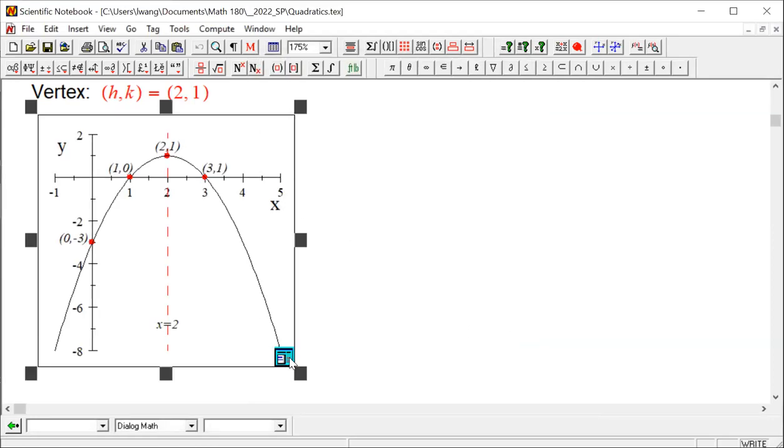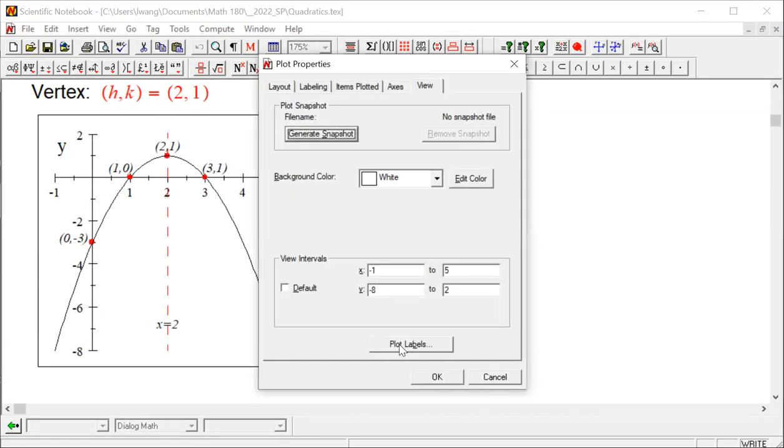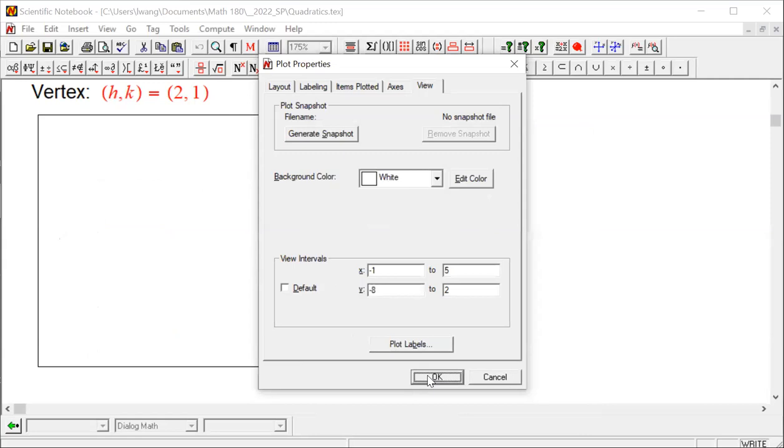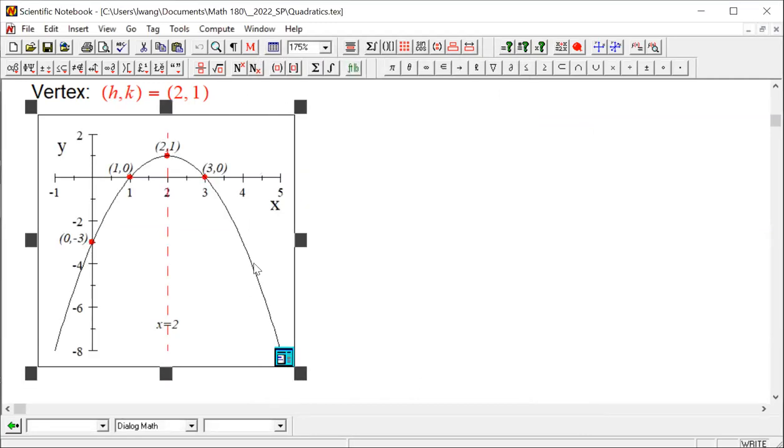Oh, wait, 3, 0. I made a mistake there. Okay, so this is very important. 3, 0. My input is 3, output is 0. So next you can do horizontal cut, vertical cut, any which way you wish, with the understanding. This time we're not gonna repeat it. We're gonna do a couple of